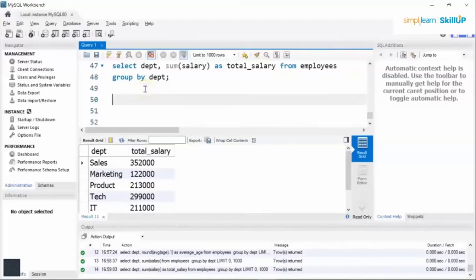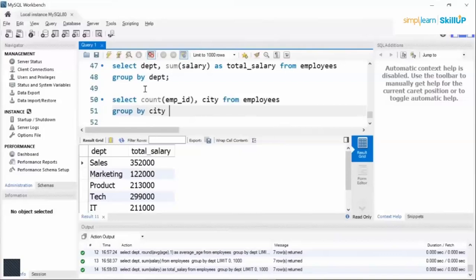Alright, now moving ahead, you can also use the order by clause along with the group by clause. Let's say you want to find the total number of employees in each city and group it in the order of employee ID. So to do this, I can use my select query. I'll write select count of, let's say, employee ID, and I want to know the city as well, from employees group by